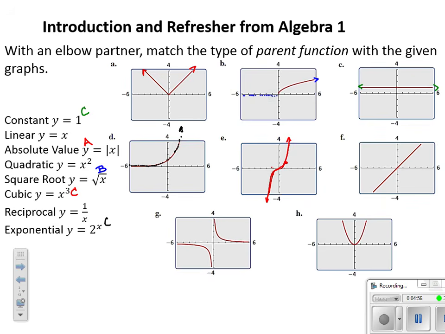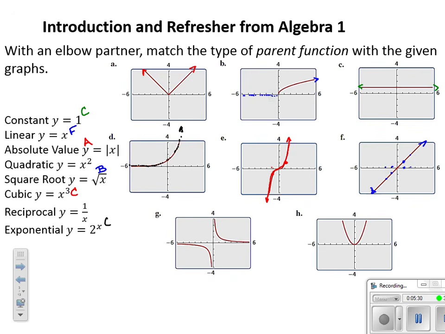Letter F. Well, here we've got a graph. It's pretty straight, so hopefully just by the shape of a line that's being formed, we would have an answer there. But notice that whenever I move over to an x value, the y value, the height, matches that perfectly. So I have 1, 1, negative 1, negative 1, 2, 2, negative 2, negative 2. Again, this would continue. Which one shows that my y value, my height, always matches my x value, my left and right? Linear function.